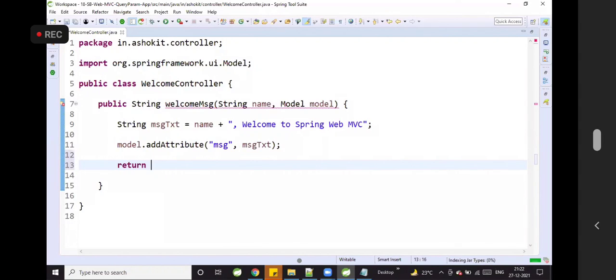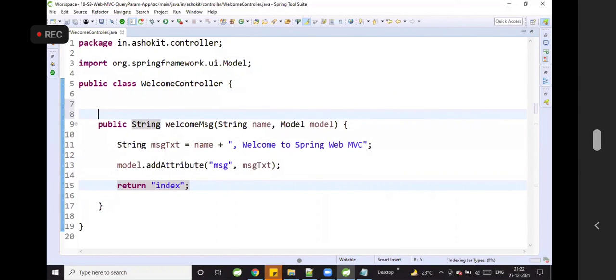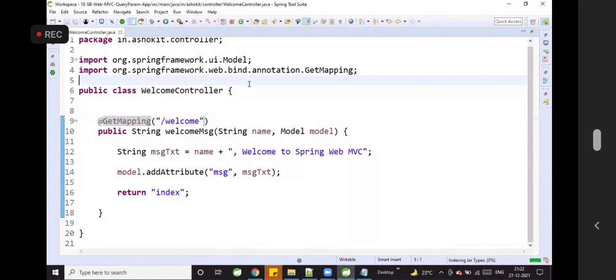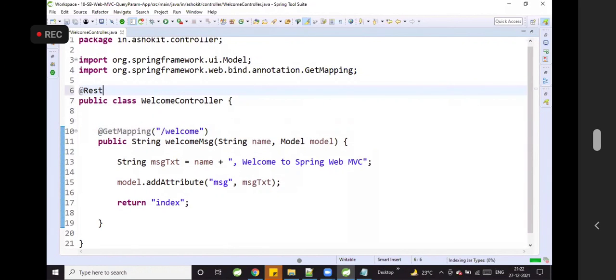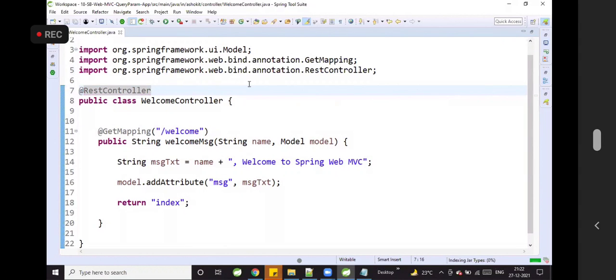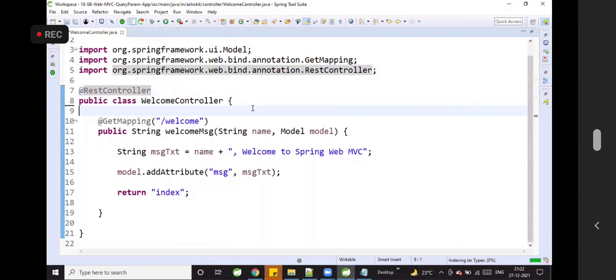Then finally I'm going to return the index page. This method I will bind to a GET request using @GetMapping("/welcome"). This class I will represent as a controller by using the @RestController annotation.